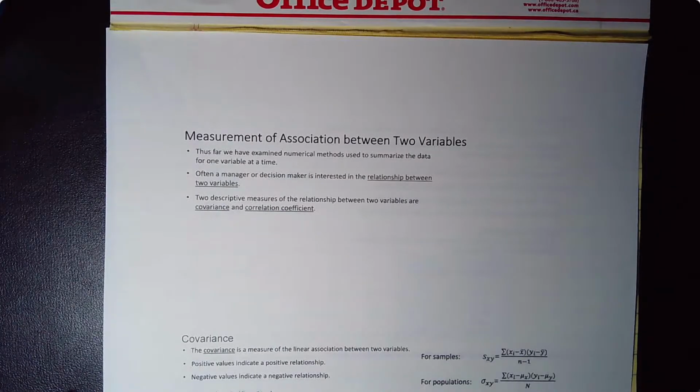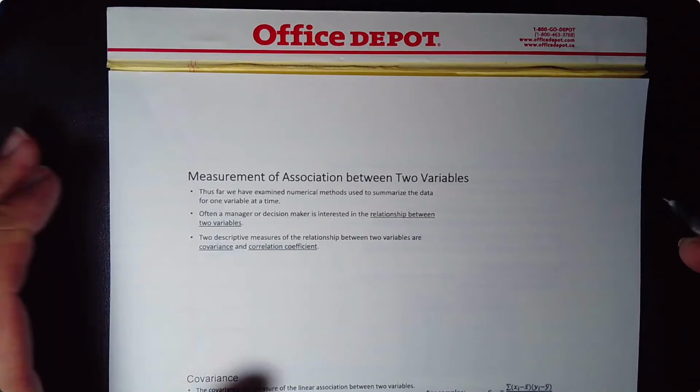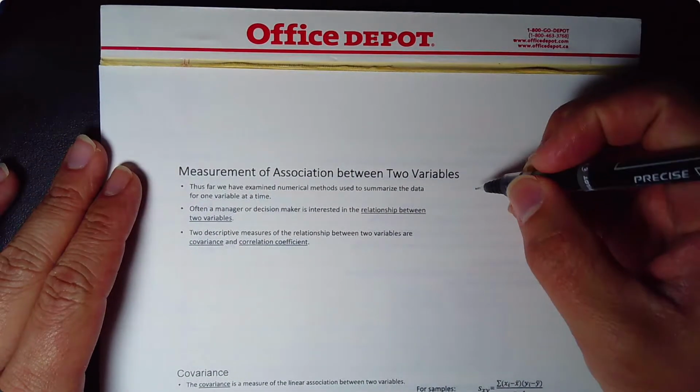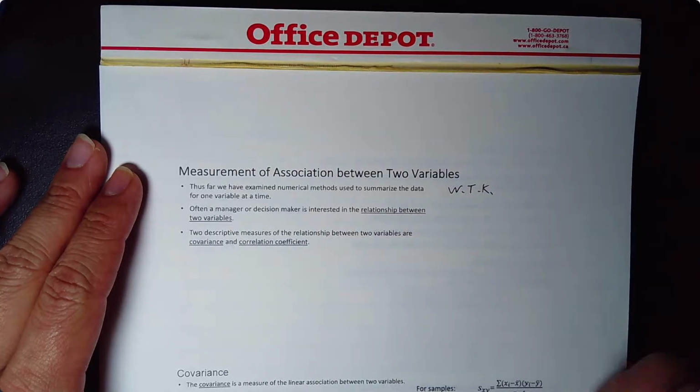All right, so scatter diagrams and trend lines are a very convenient and fast way to graphically represent the relationship between two variables. But we would still like to develop a numerical measure between the two variables. So how do we go about doing that? Well, the motivation is quite simple. I want to know that